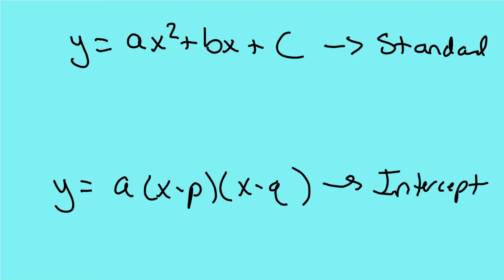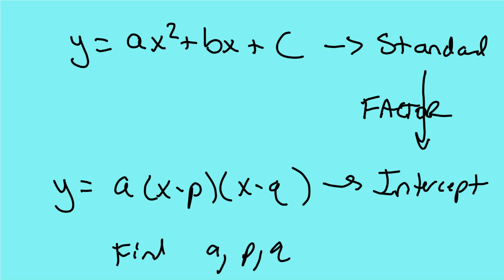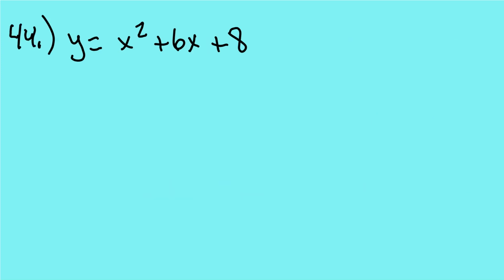All right, so in 44 to 54, they are giving you the problem in standard form. They want you to change it to intercept form. So all you have to do is factor, write it in intercept form, and find A, P, and Q. And A for all of them is going to be 1, so it's going to be super easy. So 44, I have y equals x squared plus 6x plus 8. So remember, just pretend the y is not there, and it looks just like part 1,